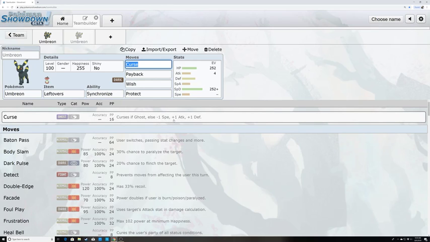But -1 speed, +1 attack, +1 defense. So Umbreon will be slowed down, but increase its physical defense stat, and increase its attack stat. You got Payback now. Power doubles if the user moves after the target. Remember what we said: -1 speed, +1 attack. So that in combination with Payback can do some pretty mean damage, assuming you're not taking a Play Rough,